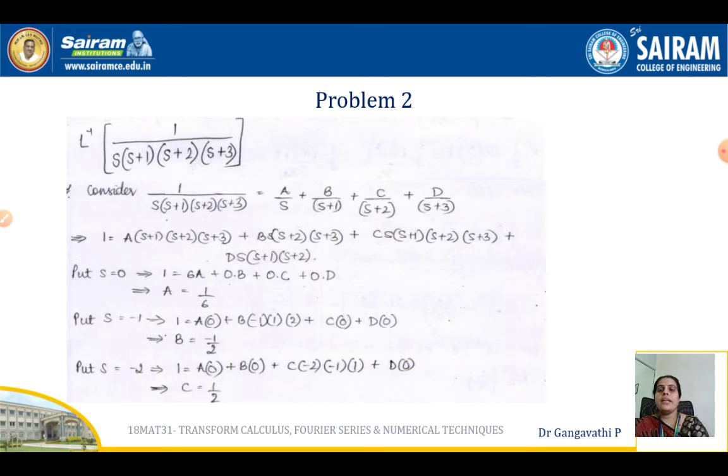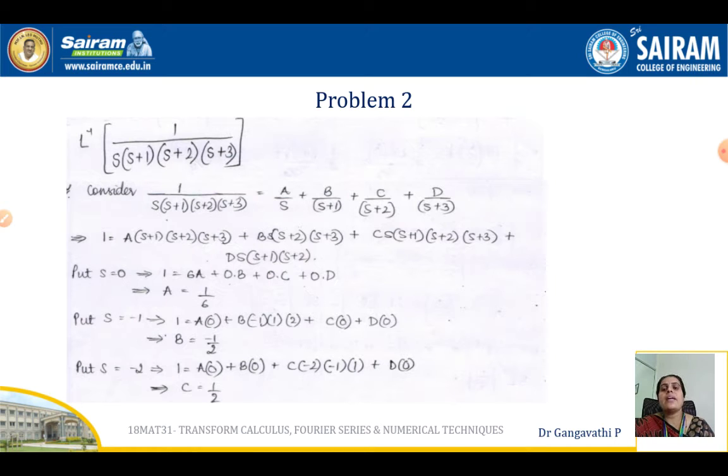It asks us to find L inverse of 1 divided by s(s + 1)(s + 2)(s + 3). All are in product, and looking at the problem itself, we can tell the denominator is a little complicated, so we need to convert it into easier terms. If it is in the form of 1/s plus, or with some other constant instead of 1, then addition or subtraction with 1/(s + 1), 1/(s + 2) and 1/(s + 3), with individual terms in the denominator, it would be easy for us to find the L inverse.